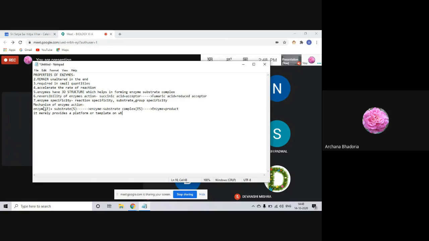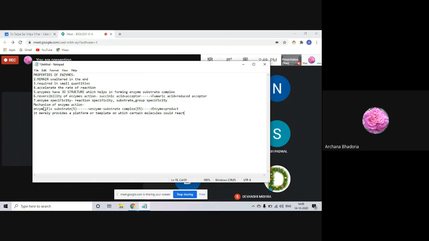So in the normal case, in the absence of the enzymes, those molecules which could not come close